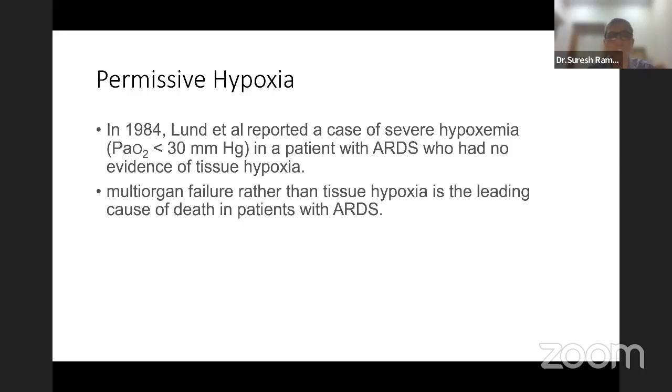So permissive hypoxia may be an option, but not early on in the disease, in the exudative phase, when the patient's body hasn't adapted to it. 17 days into the fibroproliferative phase, maybe letting a saturation of 85% with the least amount of oxygen would be an okay idea at that particular point in time, or even 80%. But as long as we give time for the body to adapt, hypoxia is okay. If we don't give time for the body to adapt, then especially in the acute exudative phase of ARDS, permissive hypoxia may be harmful. So that's something we need to be careful about and understand.